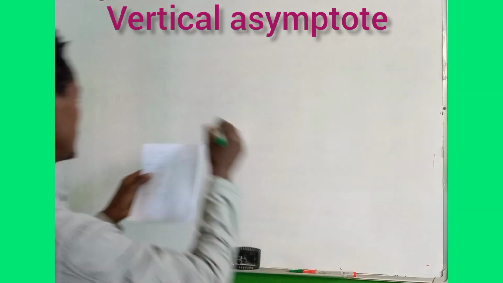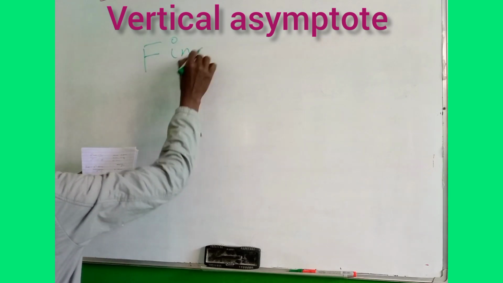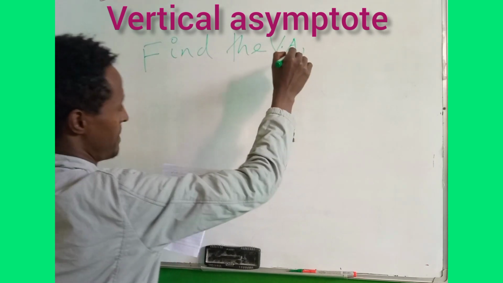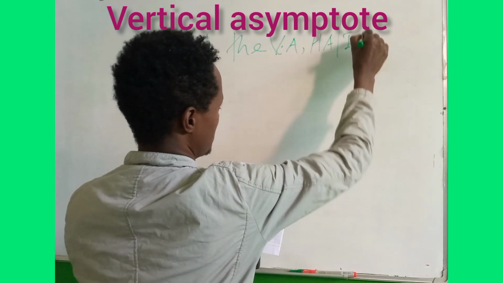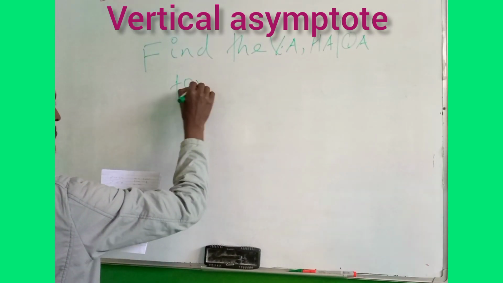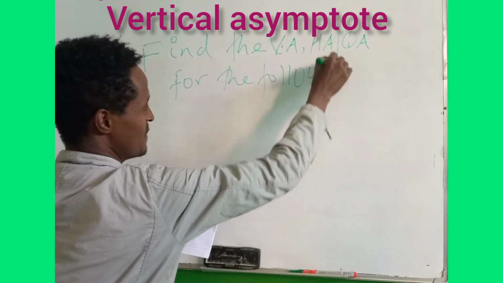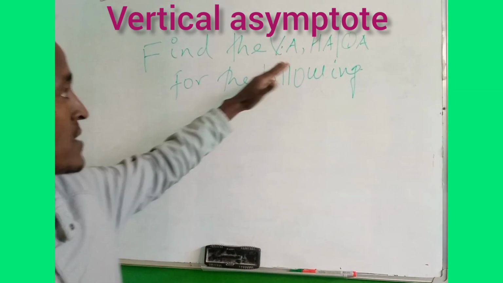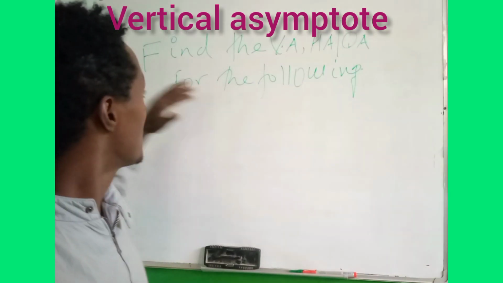For example, find... this is the instruction. We are going to find the vertical asymptote, horizontal asymptote, or oblique asymptote for the following given